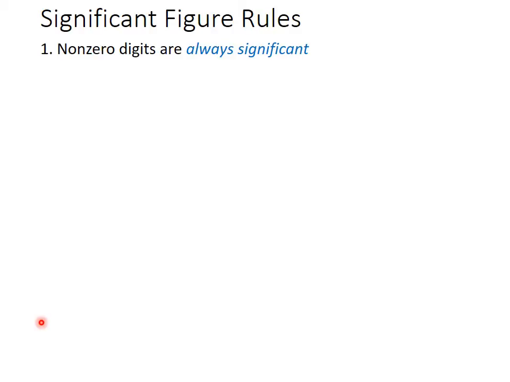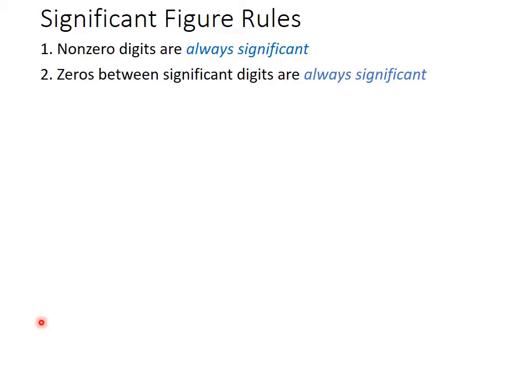Number one rule, non-zero digits are always significant. Anything 1 through 9, guaranteed significant. 2, zeros between significant digits are themselves always significant. A couple examples. In 4017, that 0 is between the 4 and the 1 and therefore significant. Same thing with 89.07. The 0 is between the 9 and the 7 and is significant. In 20, that 0 is not significant because it's not between significant digits, also because it's at the end of